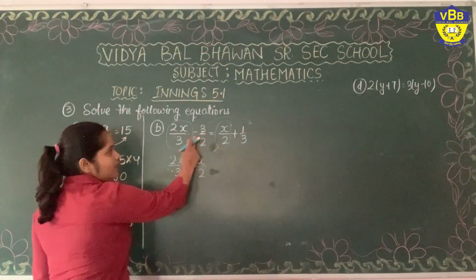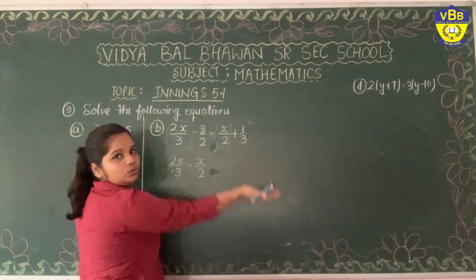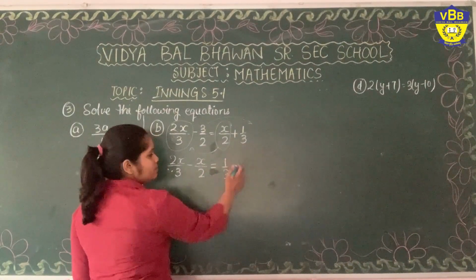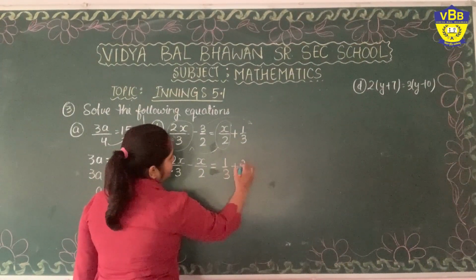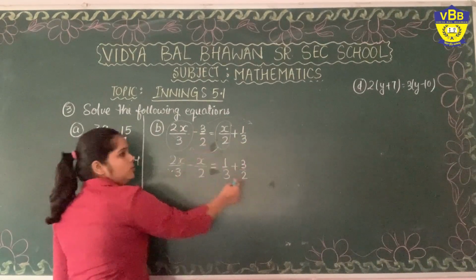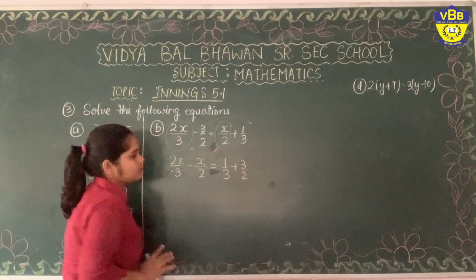So when I shift minus 3 by 2 to the other side, it will become plus 3 by 2. So here already it is plus 1 by 3. This will be shifted to the other side and minus 3 by 2 will become plus 3 by 2. Now